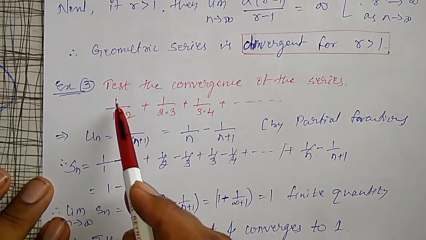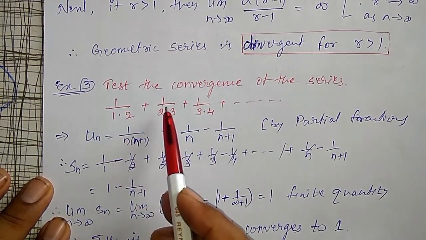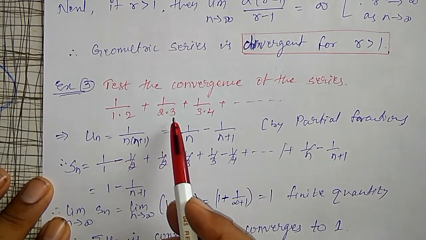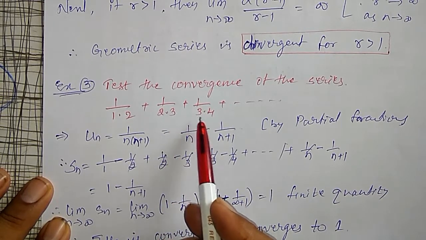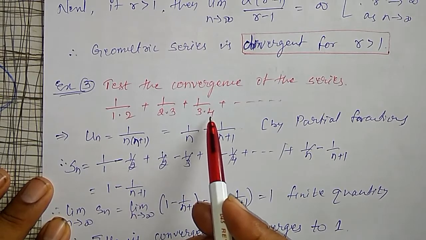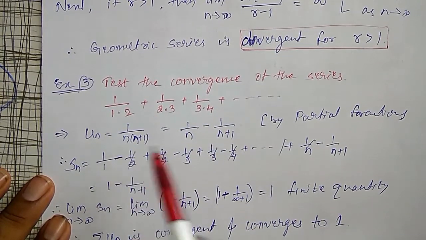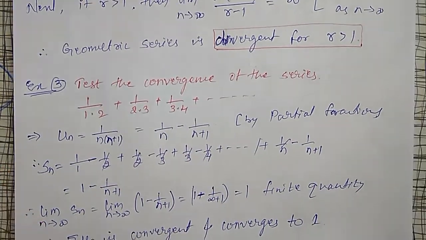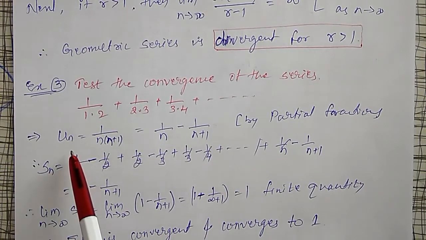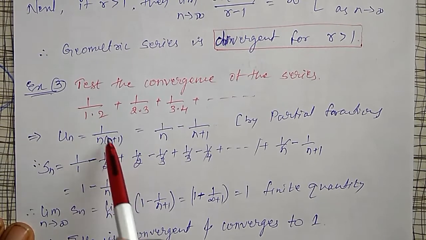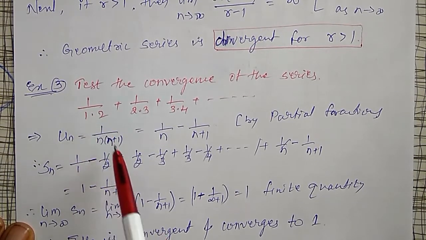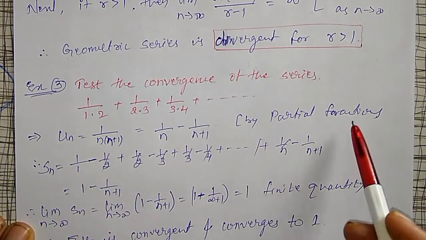For n equal to 1, 1 divided by 1 into 2. For n equal to 2, 1 divided by 2 into 3. For n equal to 3, 1 divided by 3 into 4. That is n plus 1. Therefore, the nth term un I can write as 1 divided by n into n plus 1, first term into its next term, that is n into n plus 1. Using partial fractions,